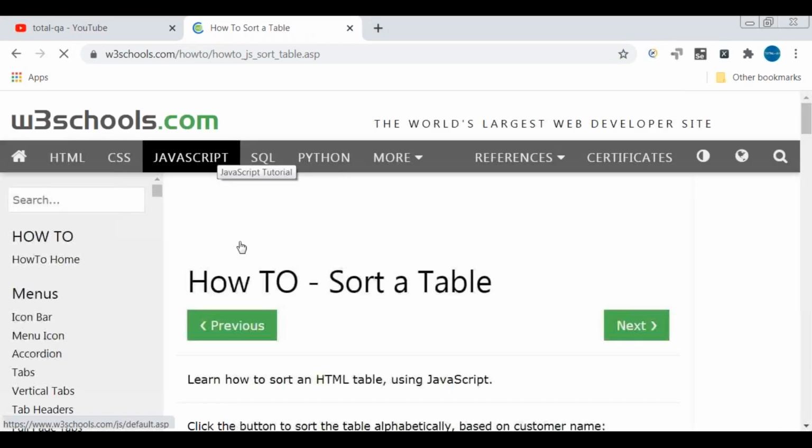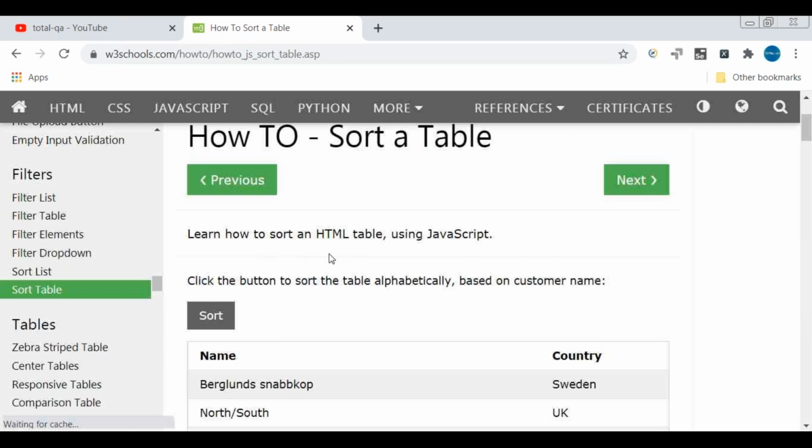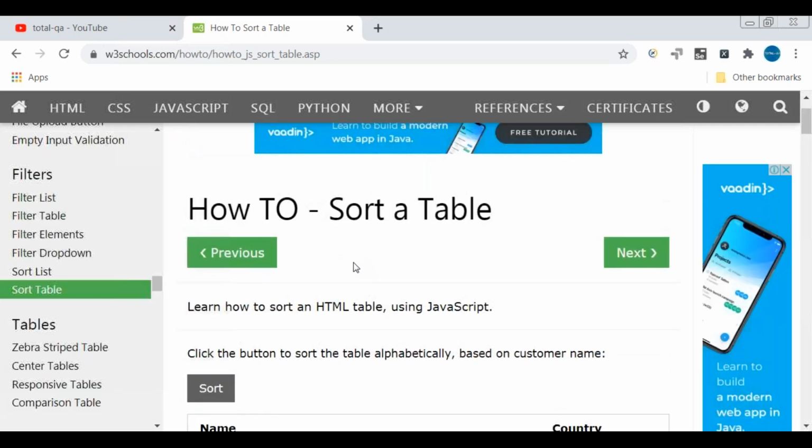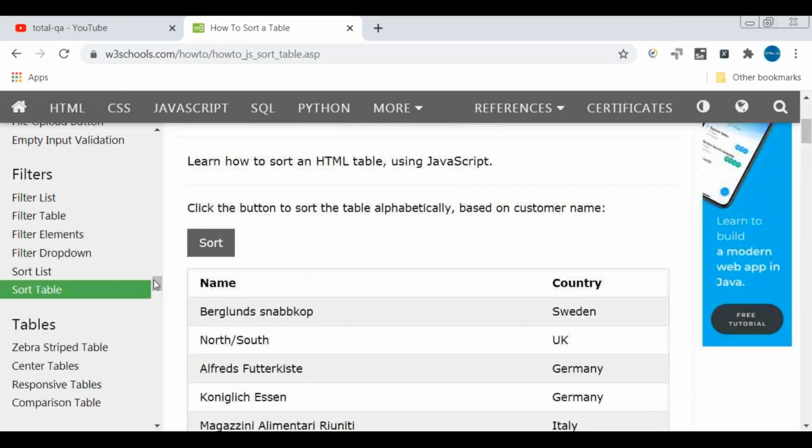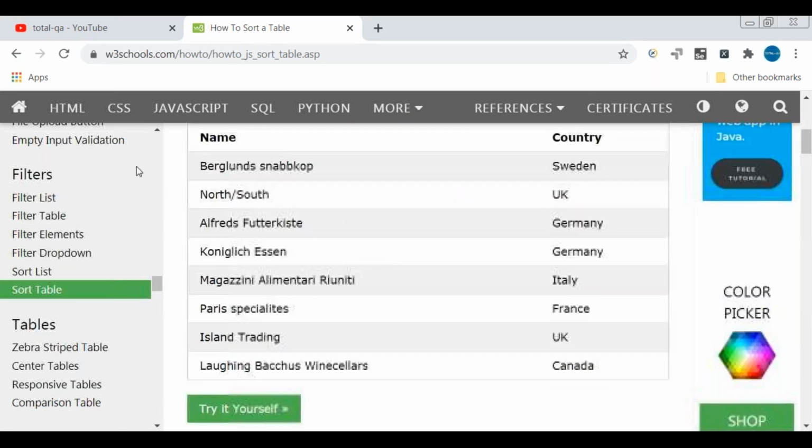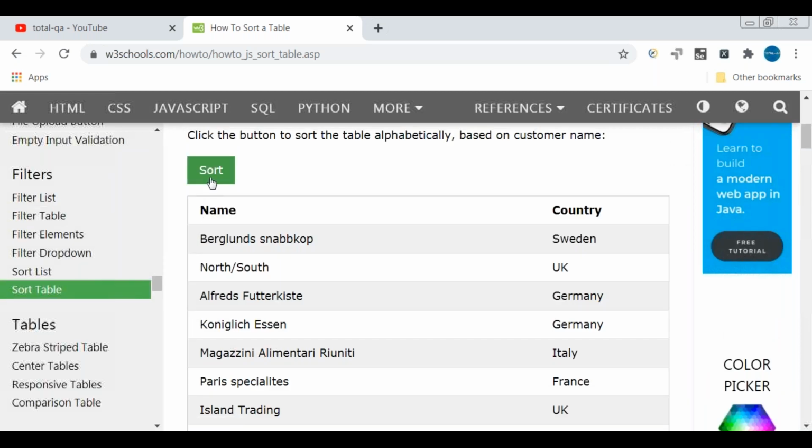This example mainly helps us to validate that the sort functionality is working as expected in an HTML table. If you see this table, there are two columns and the data is stored in these two columns, and there are multiple rows. When I click on sort, it is mainly a function called in the background, but from the Selenium perspective, what we have to do is, when you click on the sort button, validate that the data stored in the first column of the table is sorted successfully.